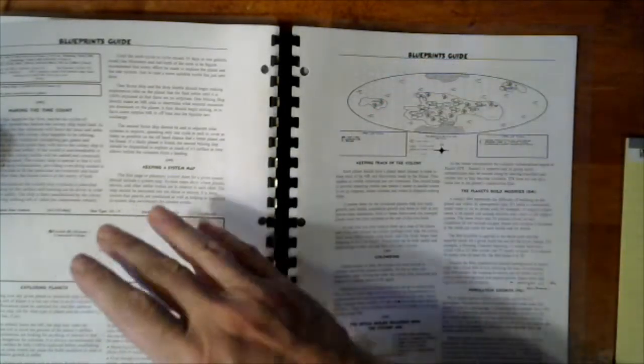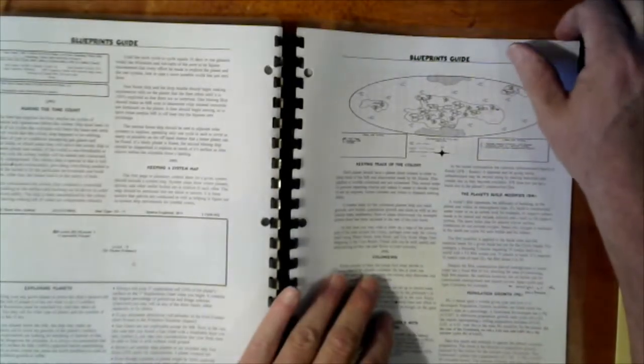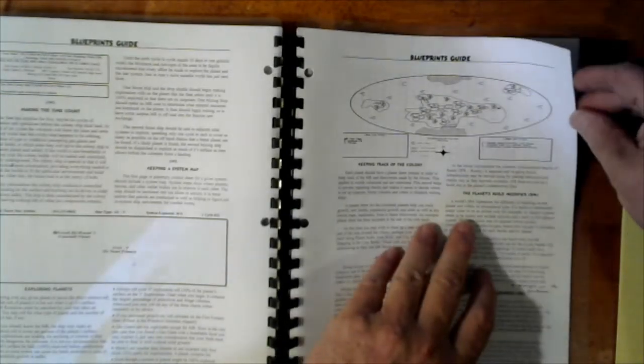And then we go on about making the time count, exploring the planets, keeping a system map, keeping track of your colony, colonizing the world itself, the initial builds, planet build modifier, what it means, planetary growth modifier, what it means, planetary control sheet, how to track everything, keep everything straight, the colony's infrastructure and what it means, commerce and labor's